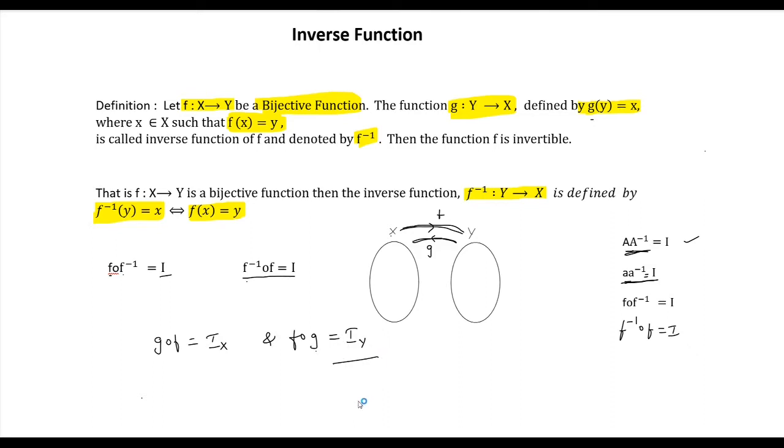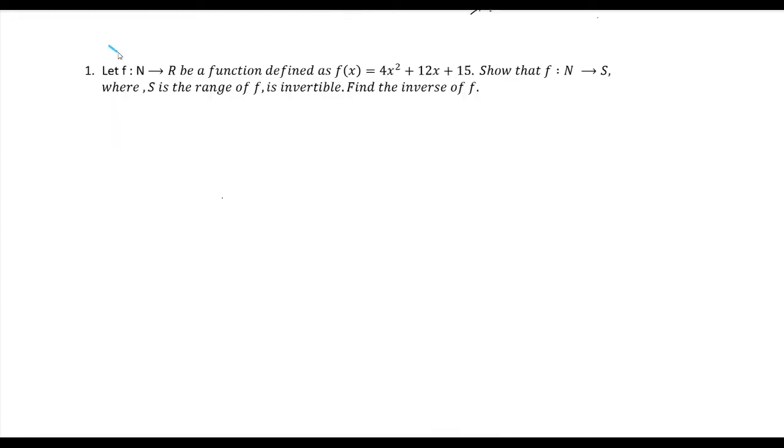This is the logic we are going to use for the next 2 sums. Now, this is a very important example. It appears for 5 marks in part D of the Karnataka PU Board question paper. So, it's a very important question. Such sums appear for 5 marks. I'm not telling you this only will appear, but such sums will appear for 5 marks. It is very easy to understand. Dear students, I have made a separate video on the definition of composition of functions. If you have any doubt on the definition of composition of functions, please check that and then come back and watch this. Now, let us start.